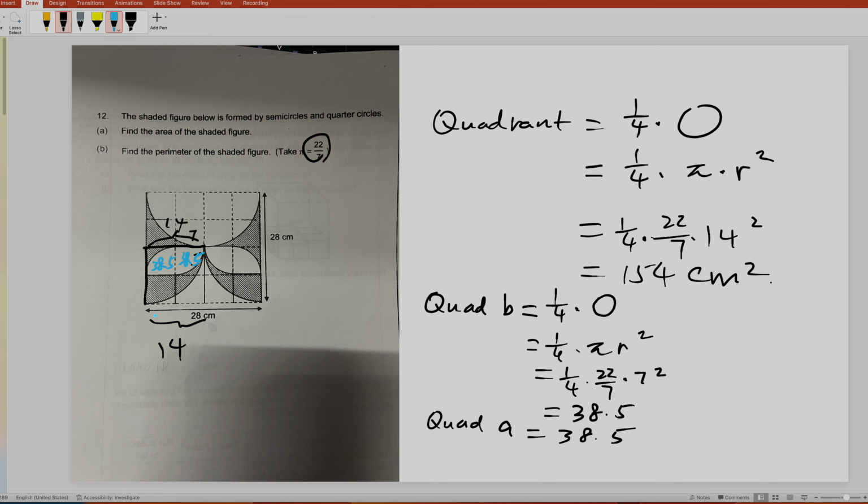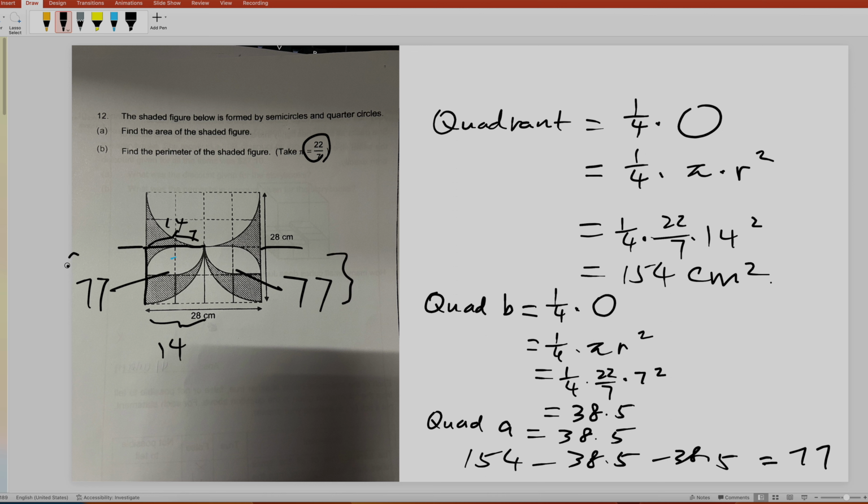So you just take the whole thing, which is 154, minus 38.5, minus 38.5. Right? Can you help me out with this? Let me help you double check. Yeah. Very good. It's 77, right? Okay, good. So therefore this shaded region is 77, I'm sorry. So this one is 77. So therefore this is also 77, right? Because they are the same. So this part,